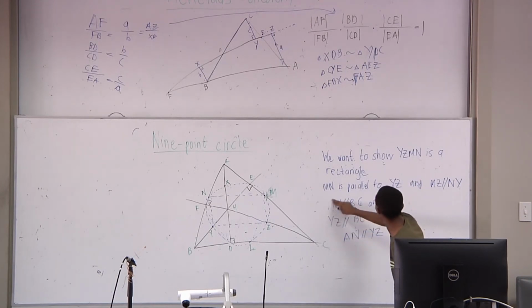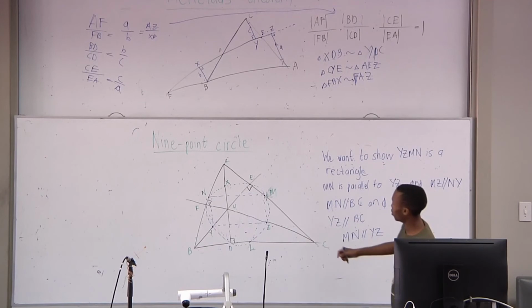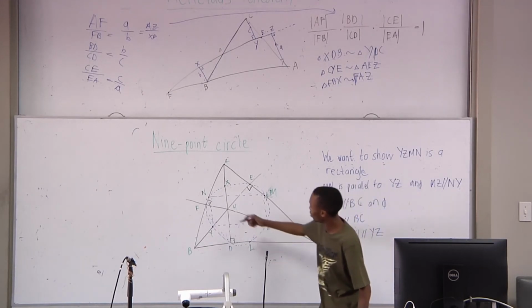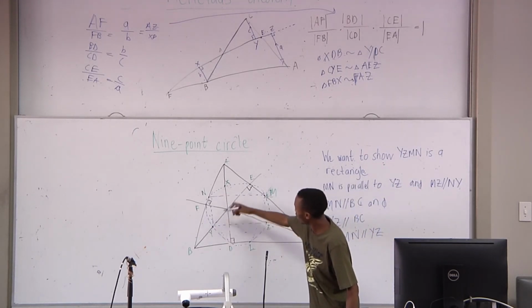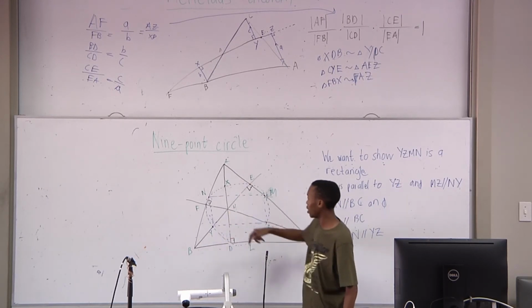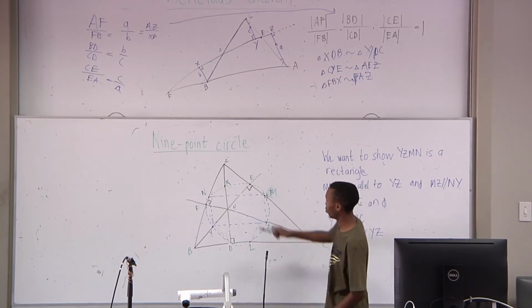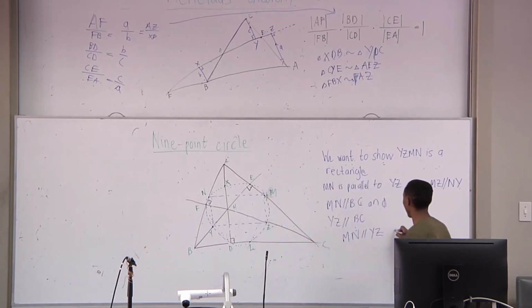NM, MN, not AN, is parallel to YZ. And by the same logic, using the fact that NY is parallel to AD, since that's the midpoint of that and that's the midpoint of that, and MZ is also parallel to AD, we get that